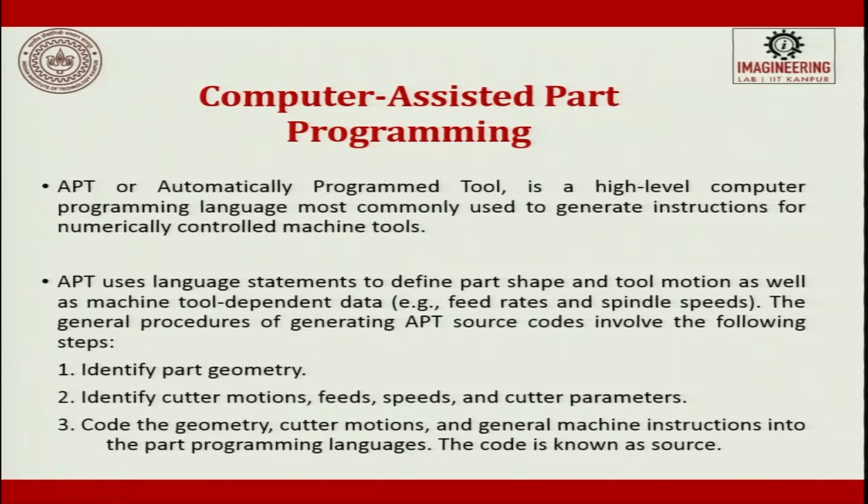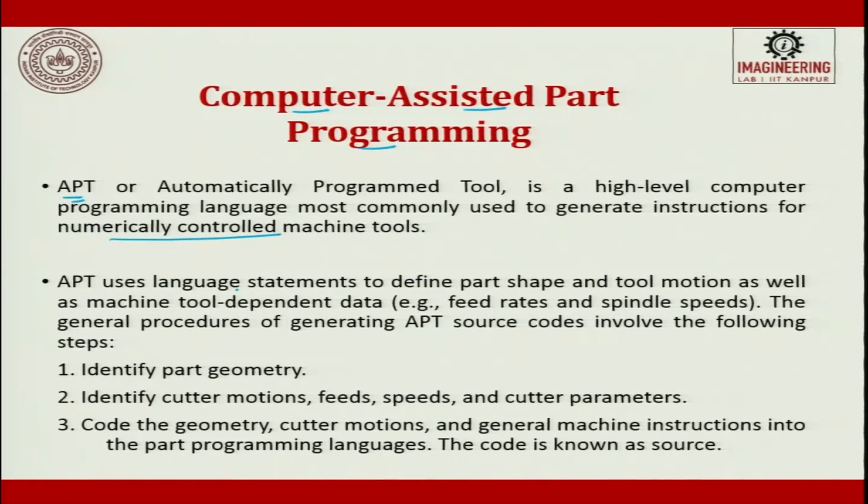Now that we have understood manual programming, let us move to the next step called computer assisted part programming. In computer assisted part programming, here it is APT or Automatically Programmed Tools. It is a high level computer programming language most commonly used to generate instructions for numerical control machine tools.